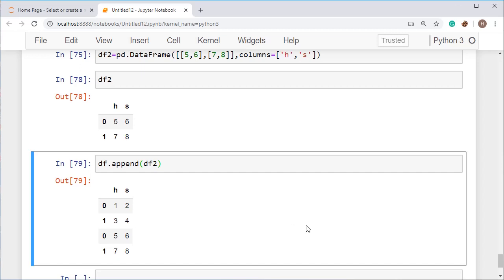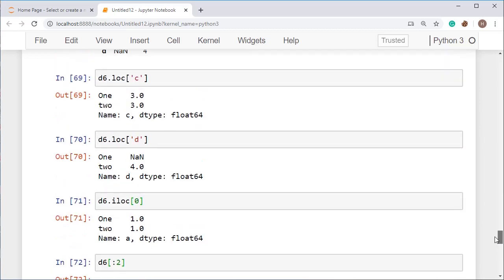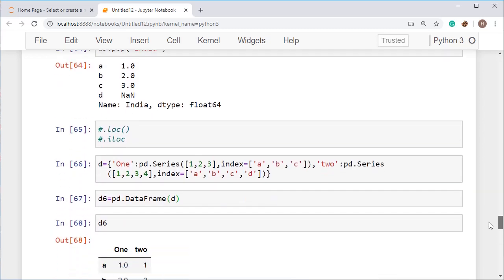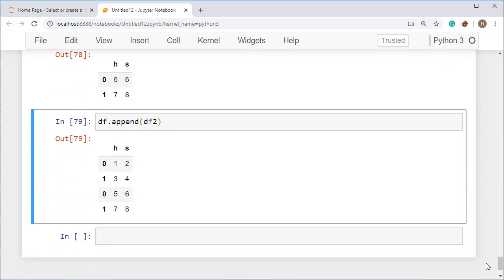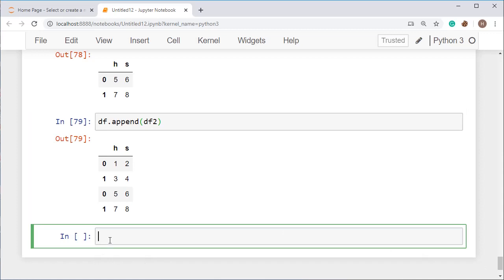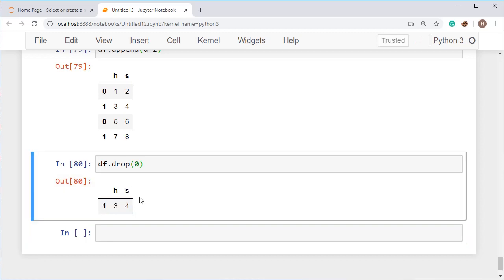For deletion you have to use a function called drop. Here you don't use the function pop, as I used in the previous one where I showed you how to delete. I used the location or index of the row, then we got the error. Alright, so for this we have to use df.drop and I'm dropping 0, then it will drop all the values of 0. So it has dropped the values from the 0 position.